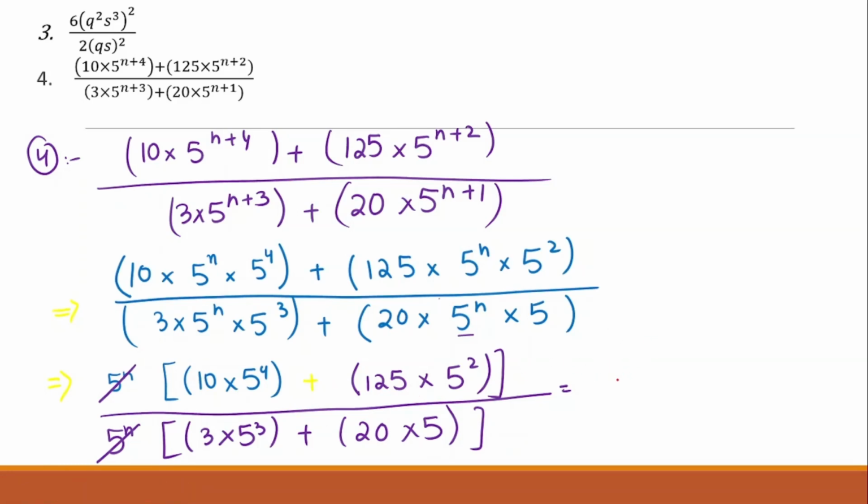Okay, so 10 multiplied by 5 to the power 4, you can simplify it, plus 125 multiplied by 5 to the power 2, you can also simplify it. Let's just simplify them. So you can use a calculator for this if you do not know the 5 to the power 4. Okay, let's just use the calculator. So 5 to the power 4 is 625. Multiplied by 10 is 6250 plus